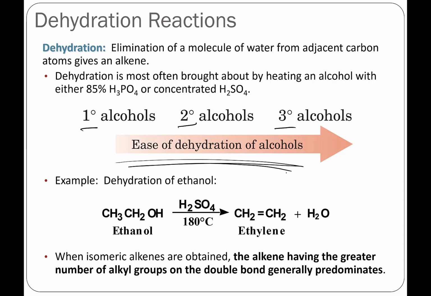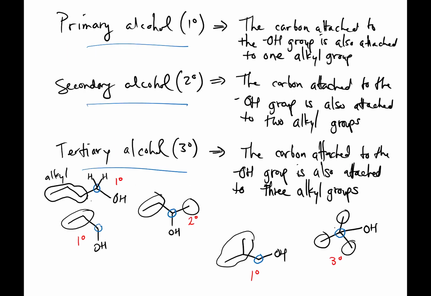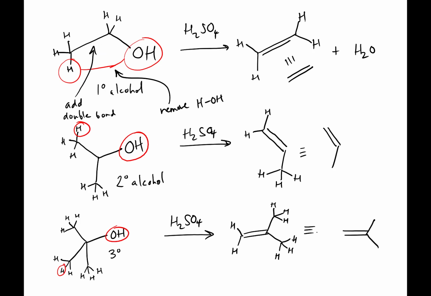In this case, and I have some empirical data to give you, heat is required for all of these reactions, but the harder it is to dehydrate, the more I have to heat it. So this one's carried out at 180 degrees Celsius, this one's like 130 degrees Celsius, and this one's more like 50 degrees Celsius,